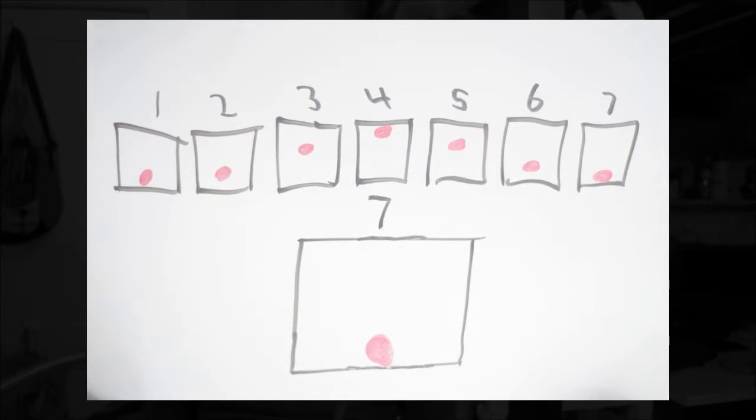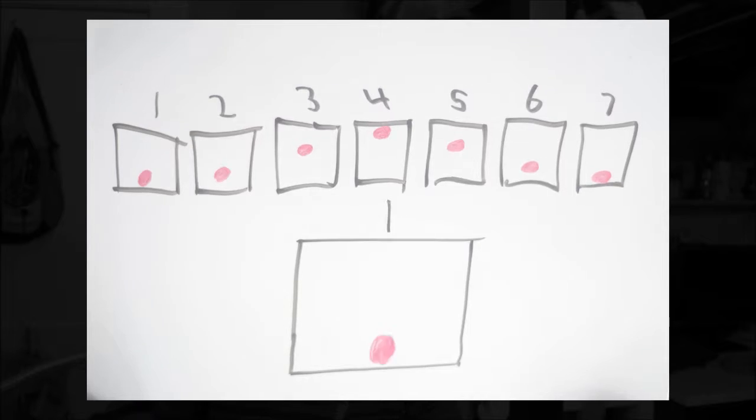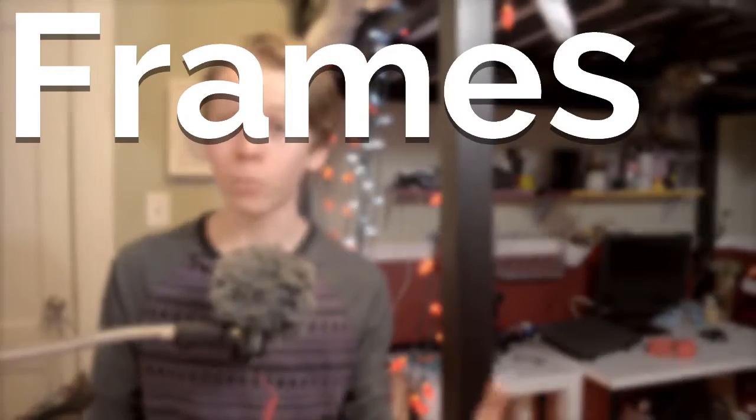Shutter speeds and frame rates come into play in a lot of different places: photography, video, and even gaming. A motion picture or video is made up of hundreds of individual still photos played in rapid succession. FPS stands for frames per second and is the number of individual images being shown each second,